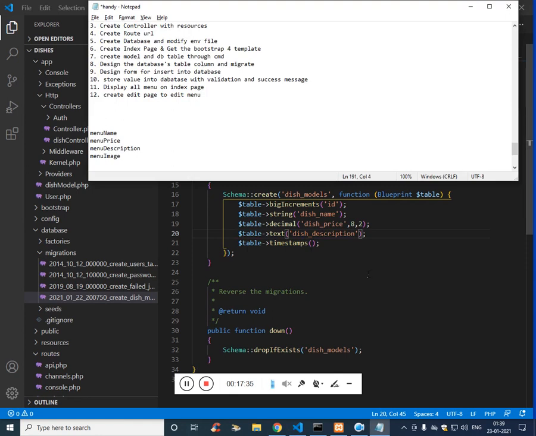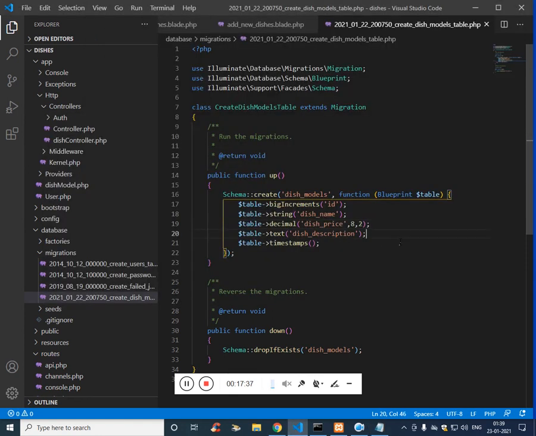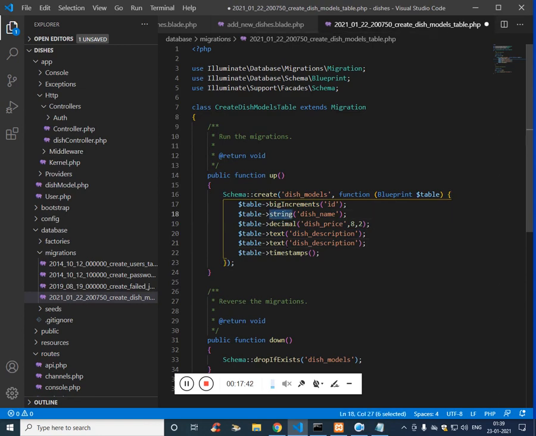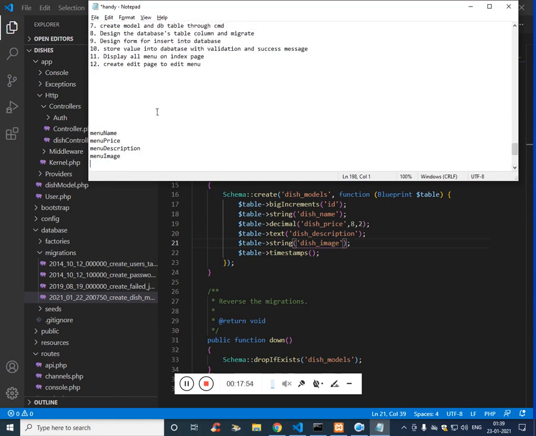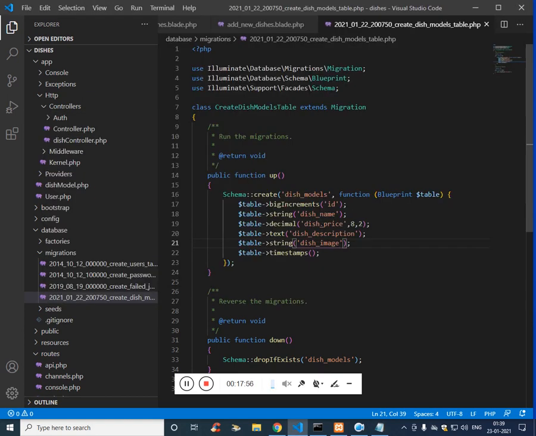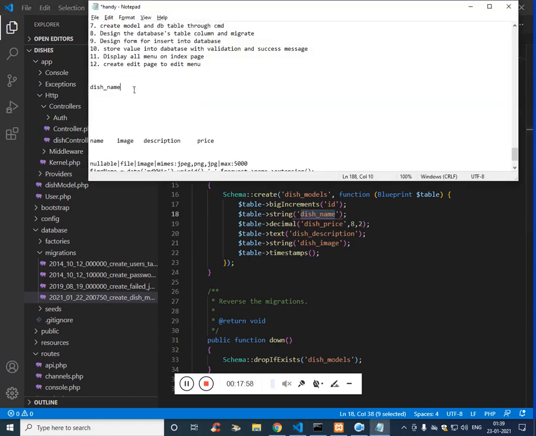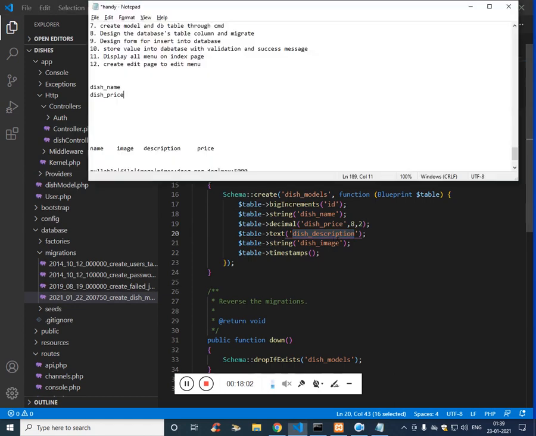And finally we have the image, and here we will be storing the image name, so it is a string, dish_image. So let's save the column names for our future use: dish name, dish price, dish description, dish image.